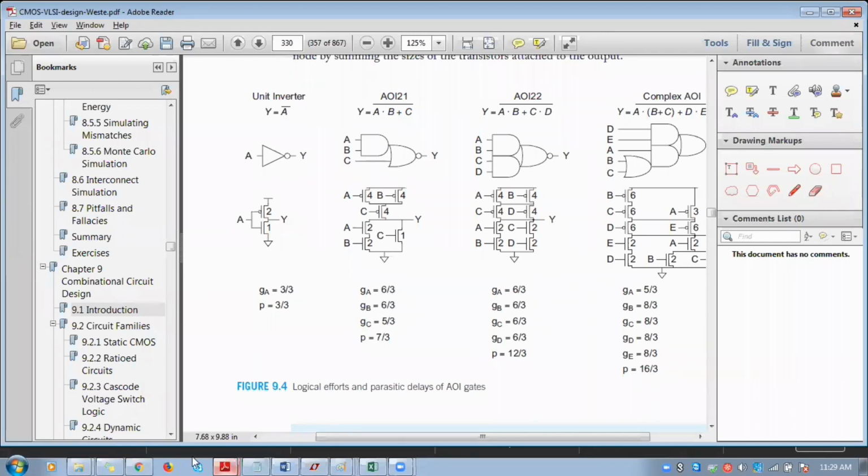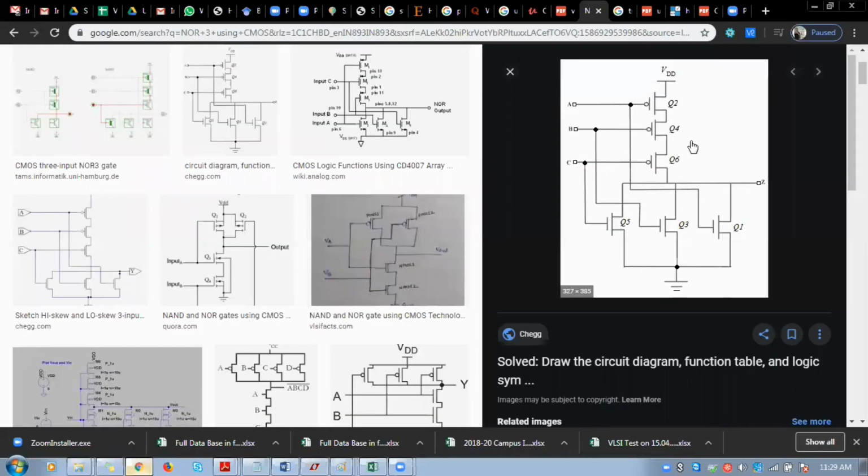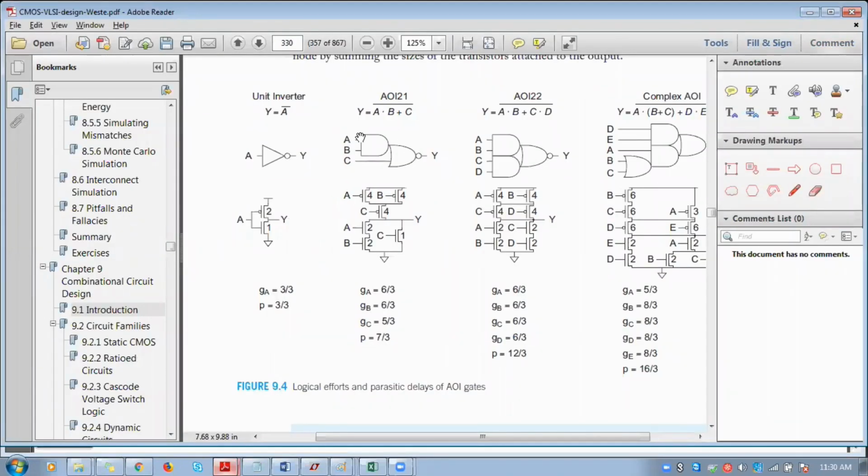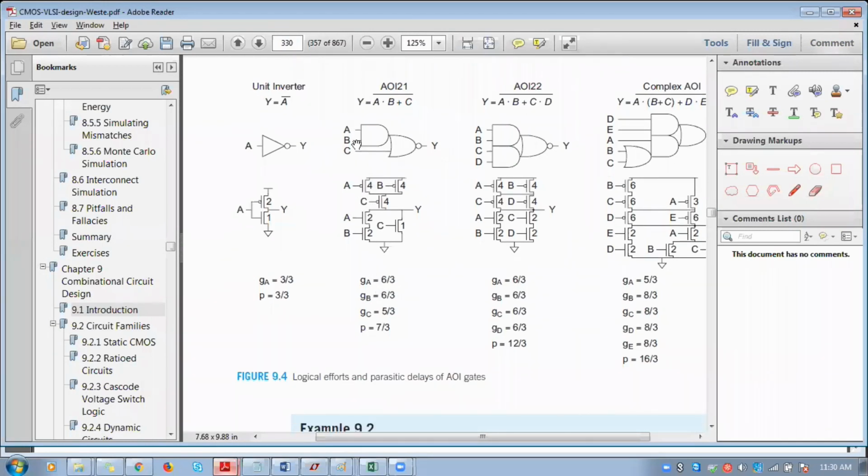Keep in mind that if you want to calculate the logical effort of these types of NAND gate, NOR gate like structures, whenever you calculate the parasitic delay as well as logical effort related to a particular input, all will be the same. But if you do the calculation with respect to any logic equation having two or three terms, at that time you have to calculate the logical effort separately for each and every input. This is common.